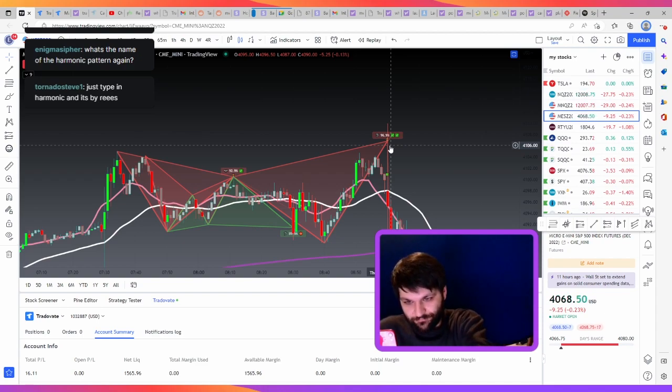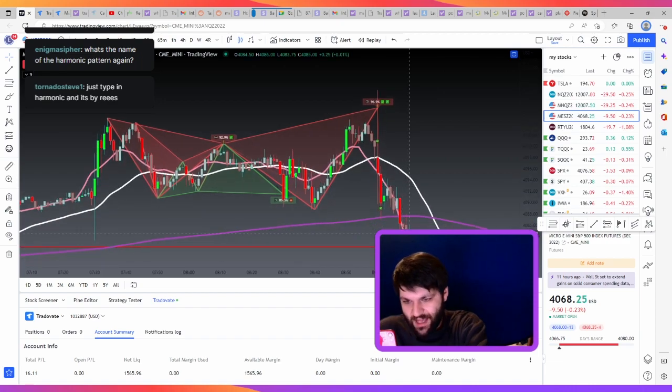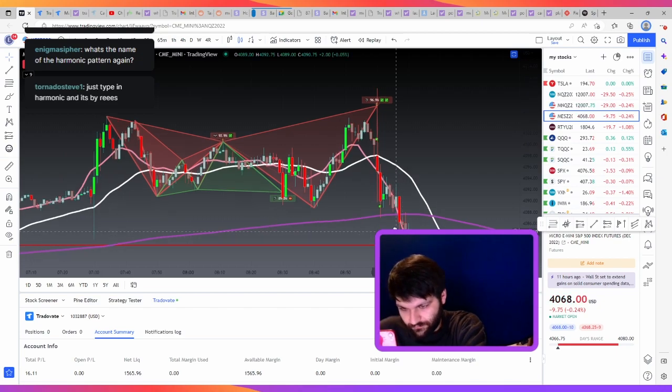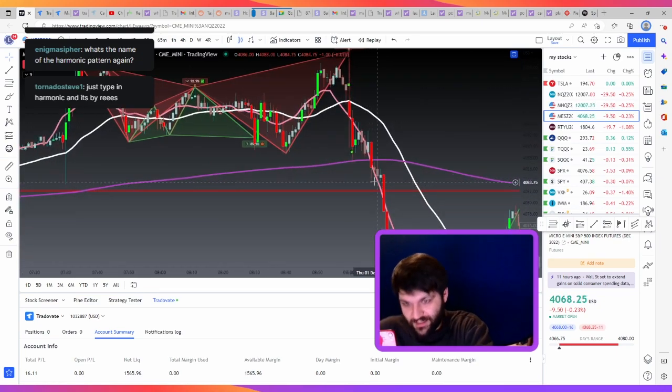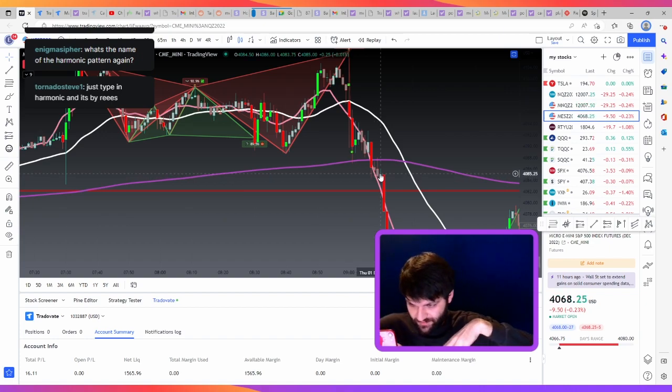Now what happened here is I saw it do this, and I saw the 200 EMA. So I thought to myself, hey, I want to wait to see if we bounce fully or if we reject. So I waited a little bit, and when we got to here, I said, okay, we're rejecting. I got in a short, two shorts actually. I got in two contracts at a time, and then I got in at like 85 because I try and get in at $2.50 to $5 increments. So basically, it's either going to be like 80, 82 and a half, 85, 87 and a half, or 90,